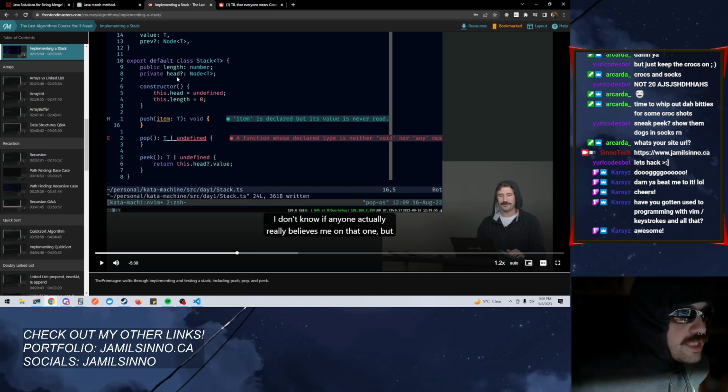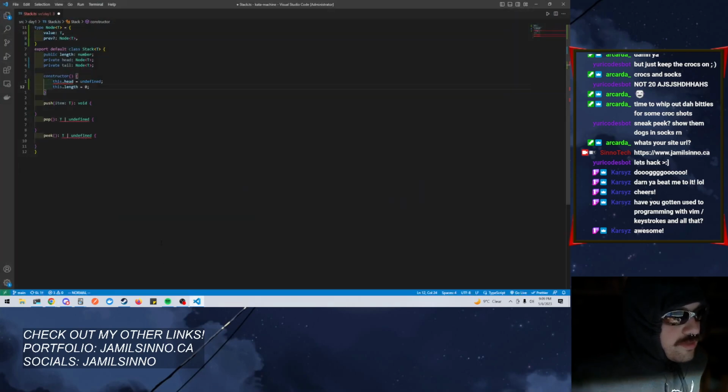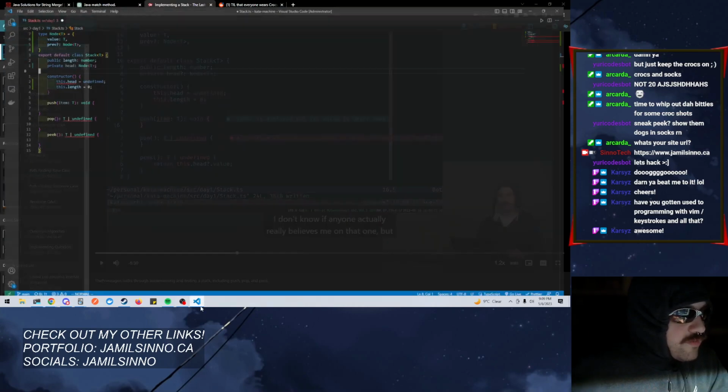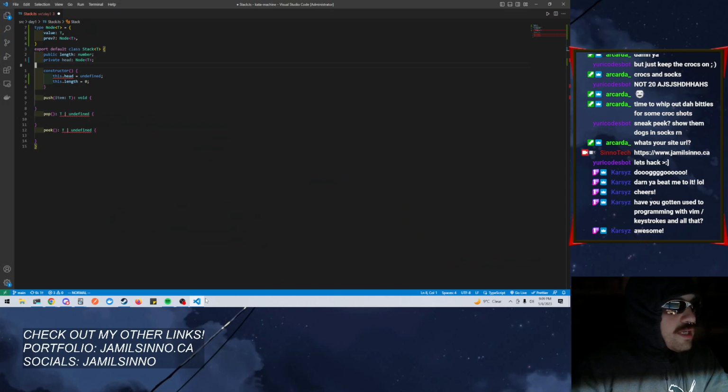So with a stack you can only add one way, and there's no doubly linked list. So head is node T. This dot head is undefined. This dot length is 0. There's no tail. But what does it not like about the constructor? Private head. Oh, I see. Undo this. And it's because, okay. So now that we are pushing,